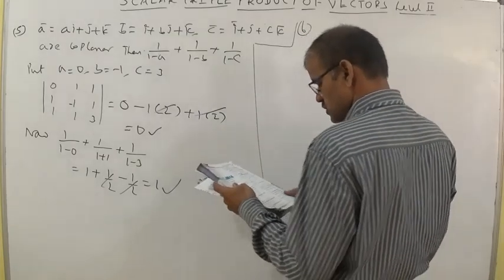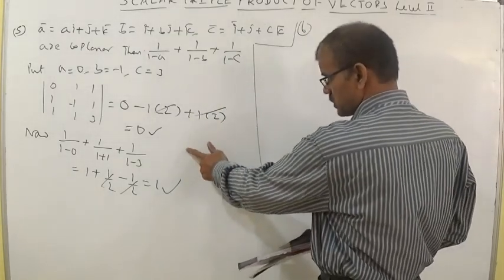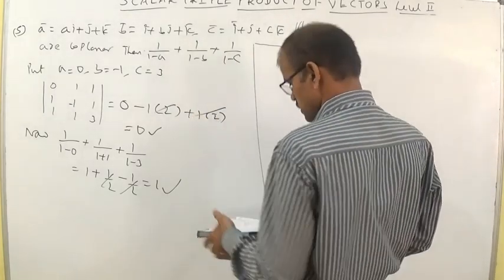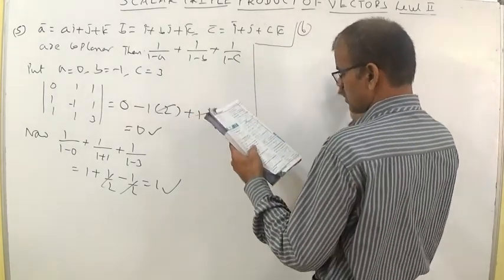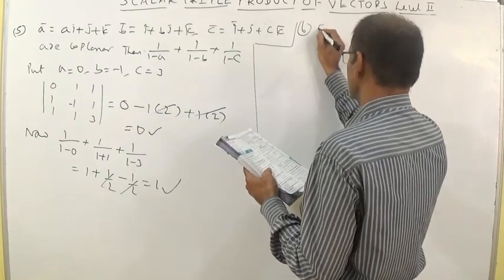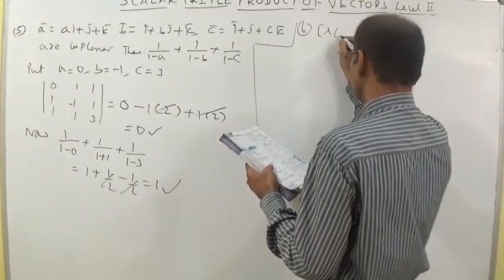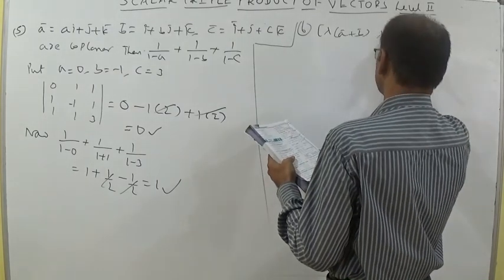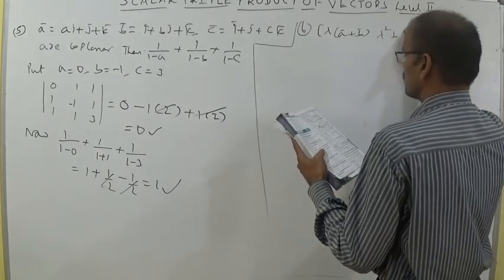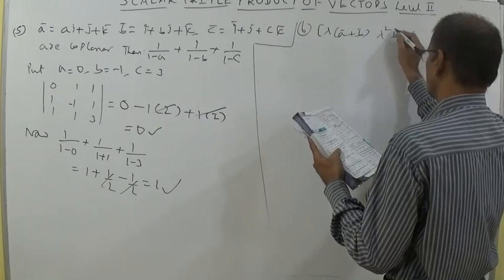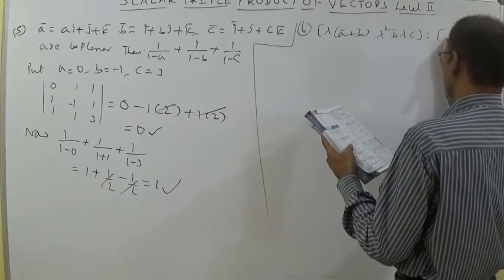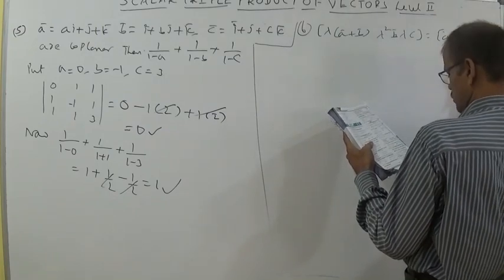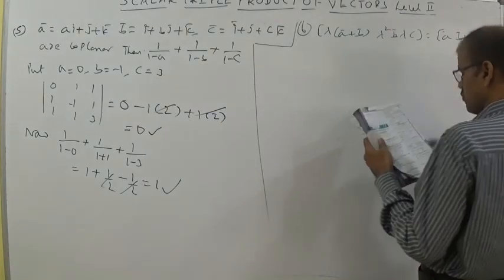Sixth question, ABC. Maybe this is in the properties of triangle chapter. This is in matrices and determinants also. We use the same values. A, B, C are non-coplanar vectors. Lambda is a real number. Box of lambda A bar plus B bar, next lambda square B bar, next lambda C bar. Lambda square B bar, lambda C bar is equal to box A bar, B bar plus C bar, B bar.